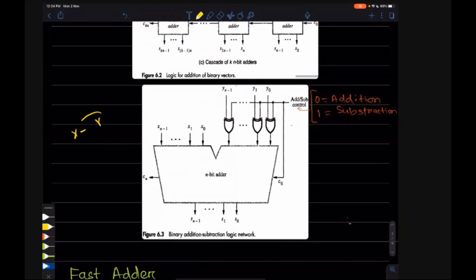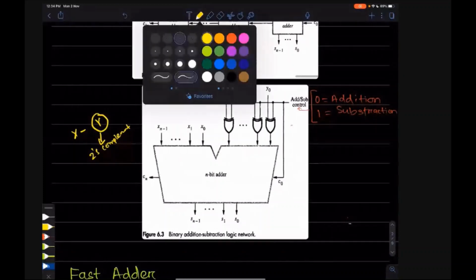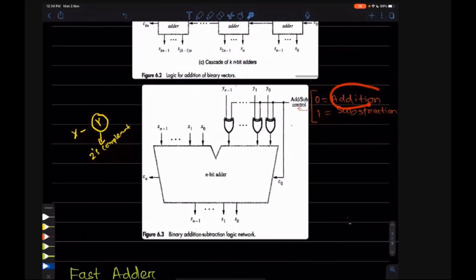So what do we have to do? If it is a minus operation, the Y has to be converted to 2's complement, and then addition will be done with X. Currently if it is 0, there should not be any 2's complement. If it is 0, whatever value comes, the XOR operation will give the same output. Is it correct?